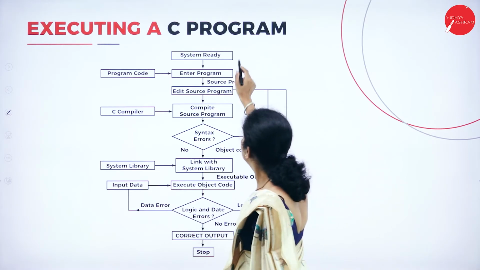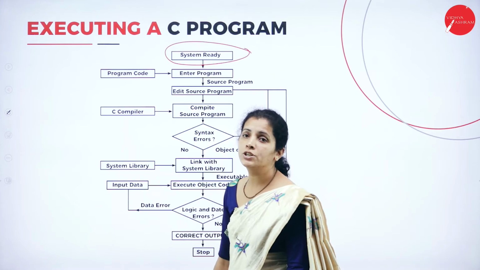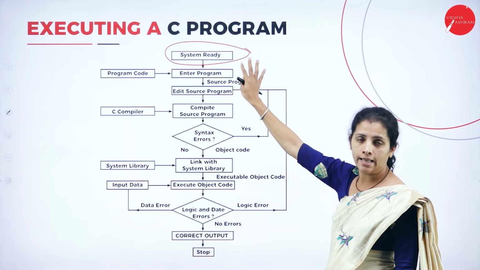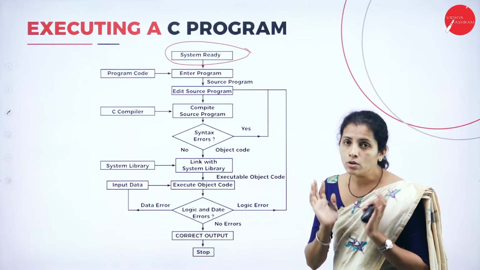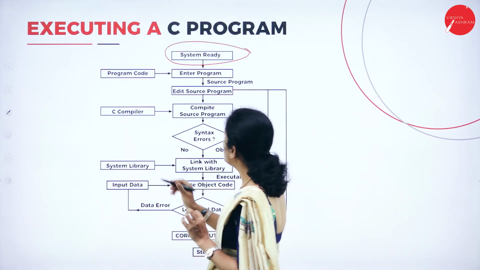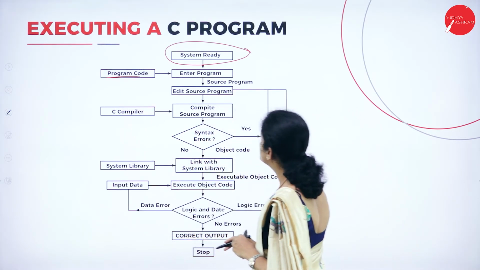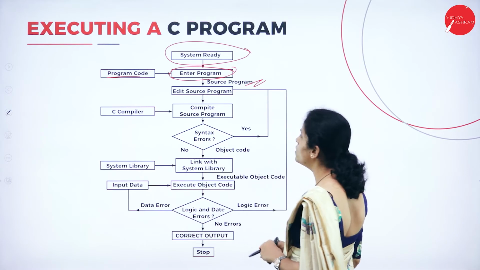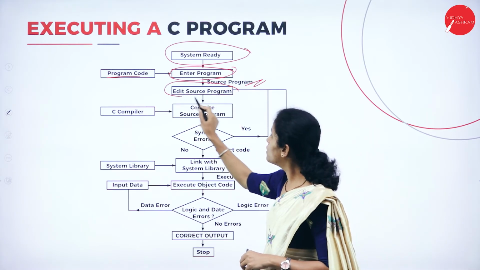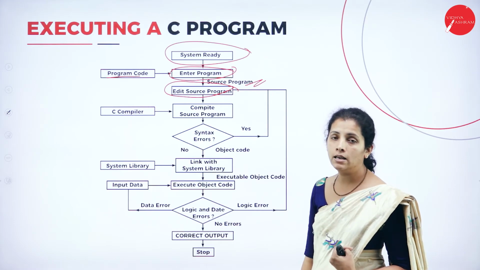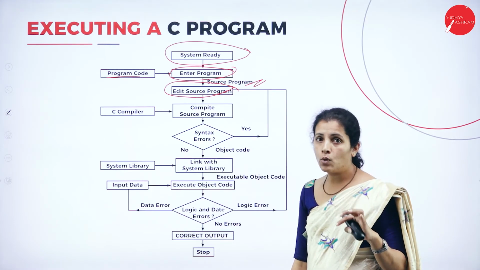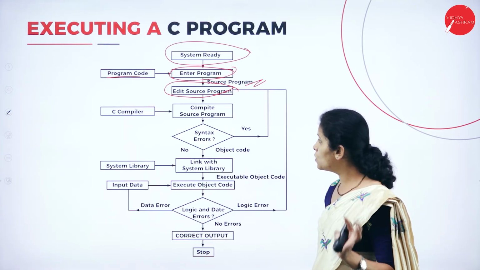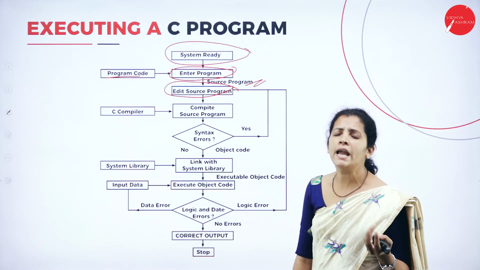Now see here, this is the pictorial representation of executing a C program. Now the system is ready, that means I'm ready with Turbo C++. Then I'm going to write the program, so I'm going to enter the program. This is my source program and I'm going to edit the source program, and that is given to the compiler. That means after writing my program, I'm going to compile it. So, compile source code. After that, if there is any error,